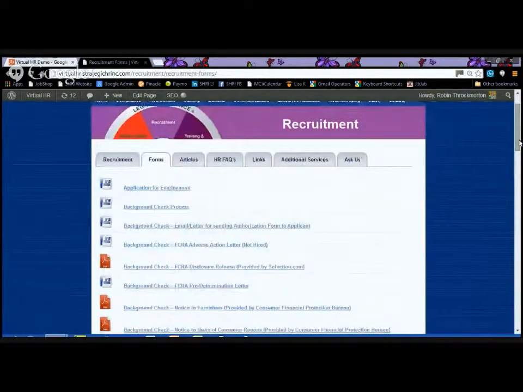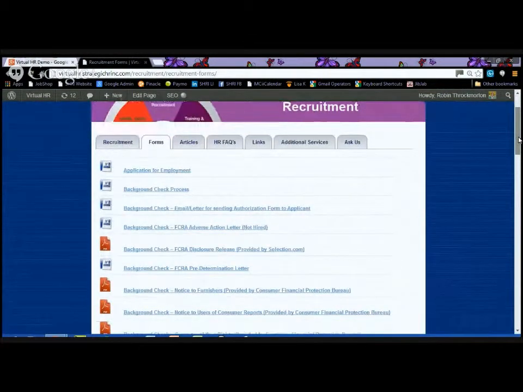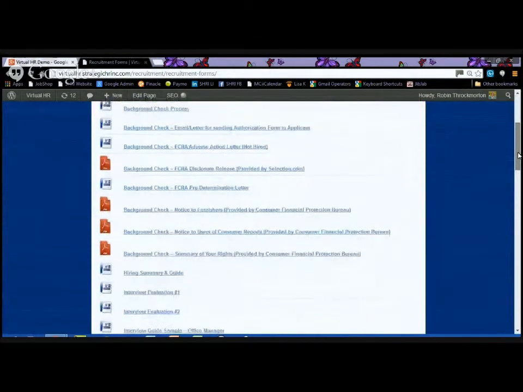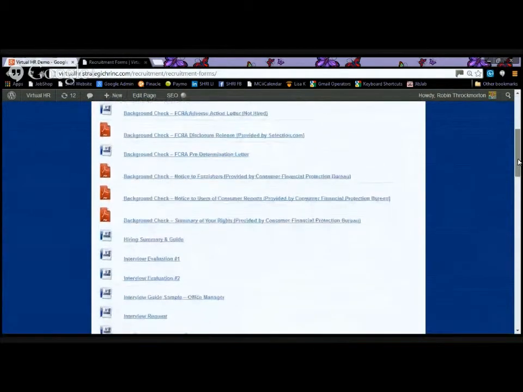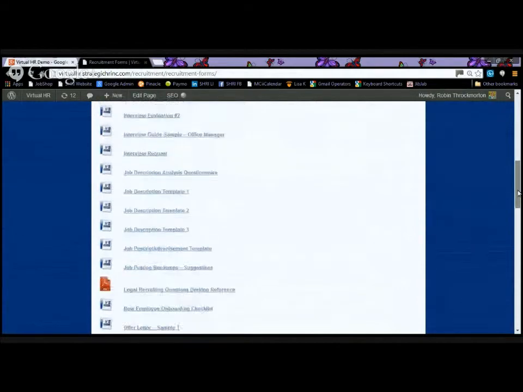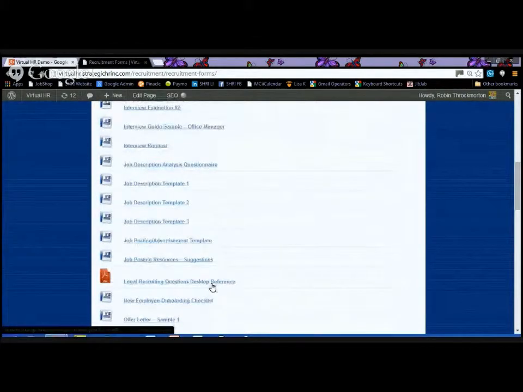If you are in one of these sections and you're looking for something specifically, let's say, for example, that you're looking for legal recruiting questions. This is a desktop reference we actually sell on our website, but you get it included in the library. When you click on this link, you're immediately taken to that tool,